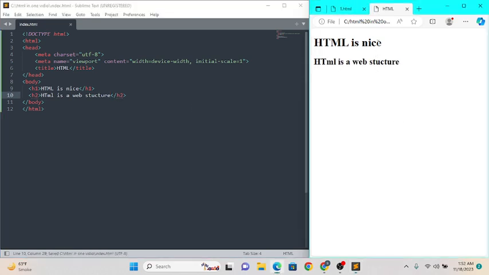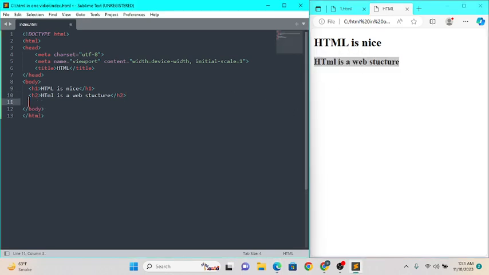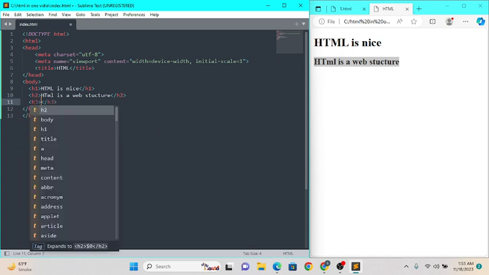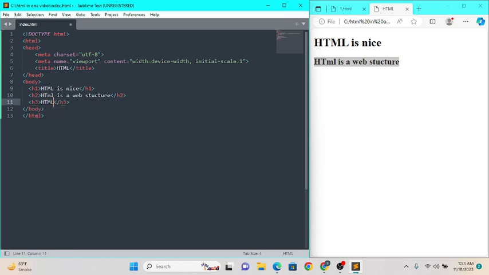As you can see, this is bigger and this is smaller, because H1 is the biggest one and H2 is smaller than H1. If I write here H3 again and then HTML and